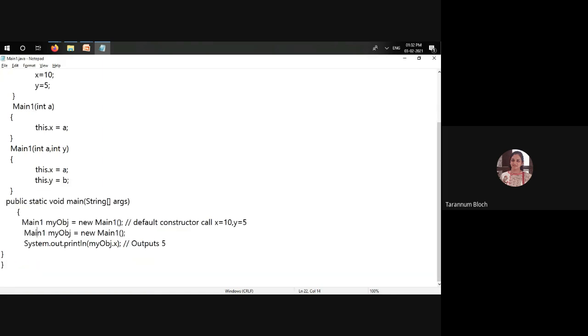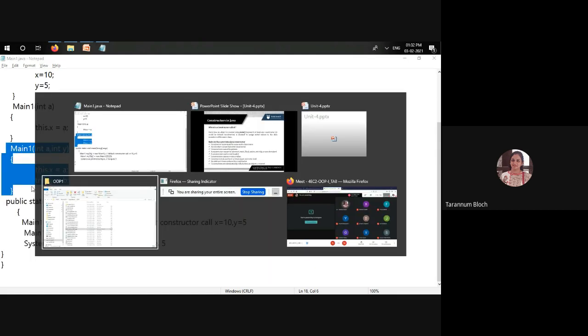If I have object 2 and I have given 20, 20, it means that it is going to make a call to this constructor and it will assign x as 20 and y also as 20. Fine. So this is called constructor overloading, and we are saying that constructor overloading is possible.